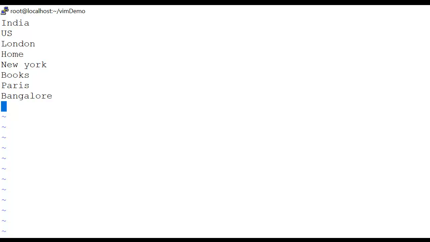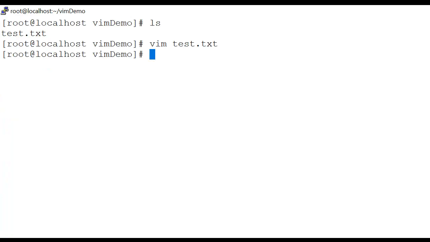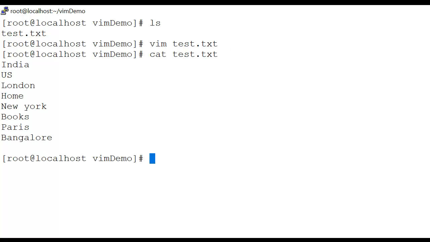It went from insert mode to command mode. To save this file, we have to use :x, enter. It saved the file. To verify that it has saved the file, we can use the command cat test.txt. As you can see, the Bangalore name which I have written at the last of the file is saved in